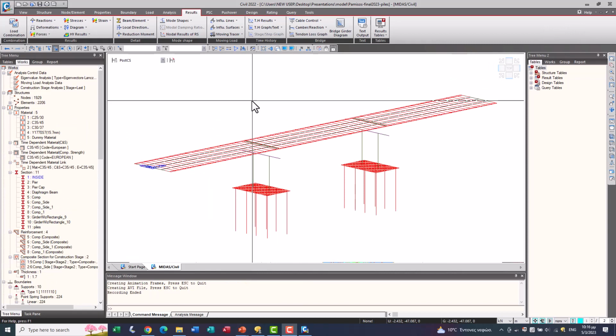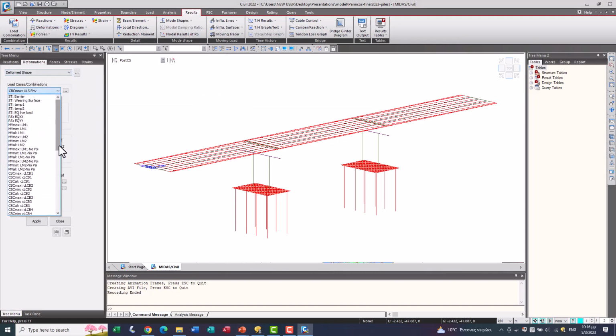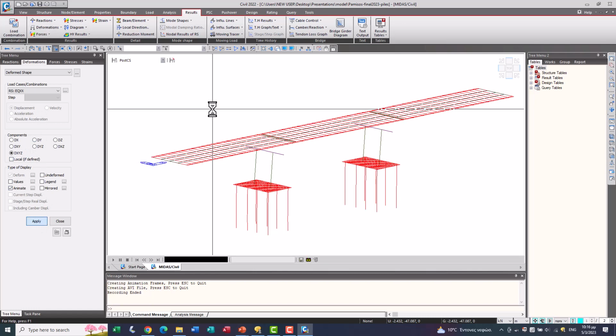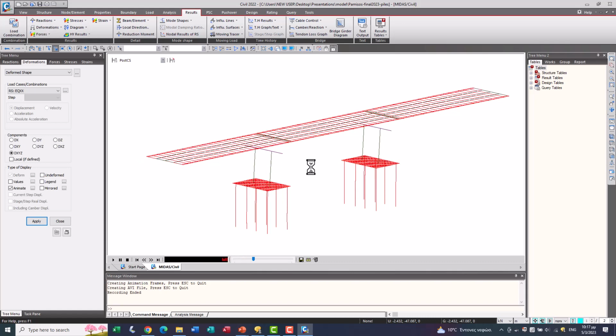Also for the earthquake analysis, let's have a look at the deformations. This is the earthquake XX direction.